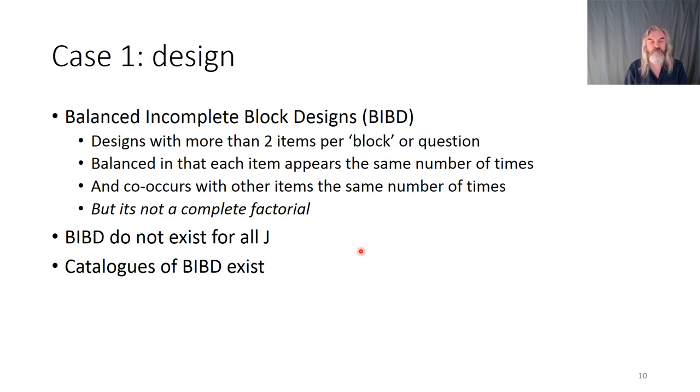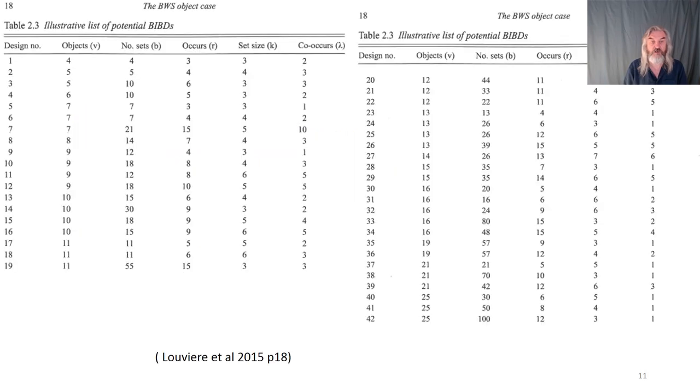A problem is BWS parts don't exist for all j, but the good thing is the catalogues of BWS parts do exist. So this is an example. This is coming out of the text by Louviere et al., which is in the reference at the end of this, which is a really good introduction to this. This is a table they produced, and they're showing examples of BWS parts. So what you can see is that